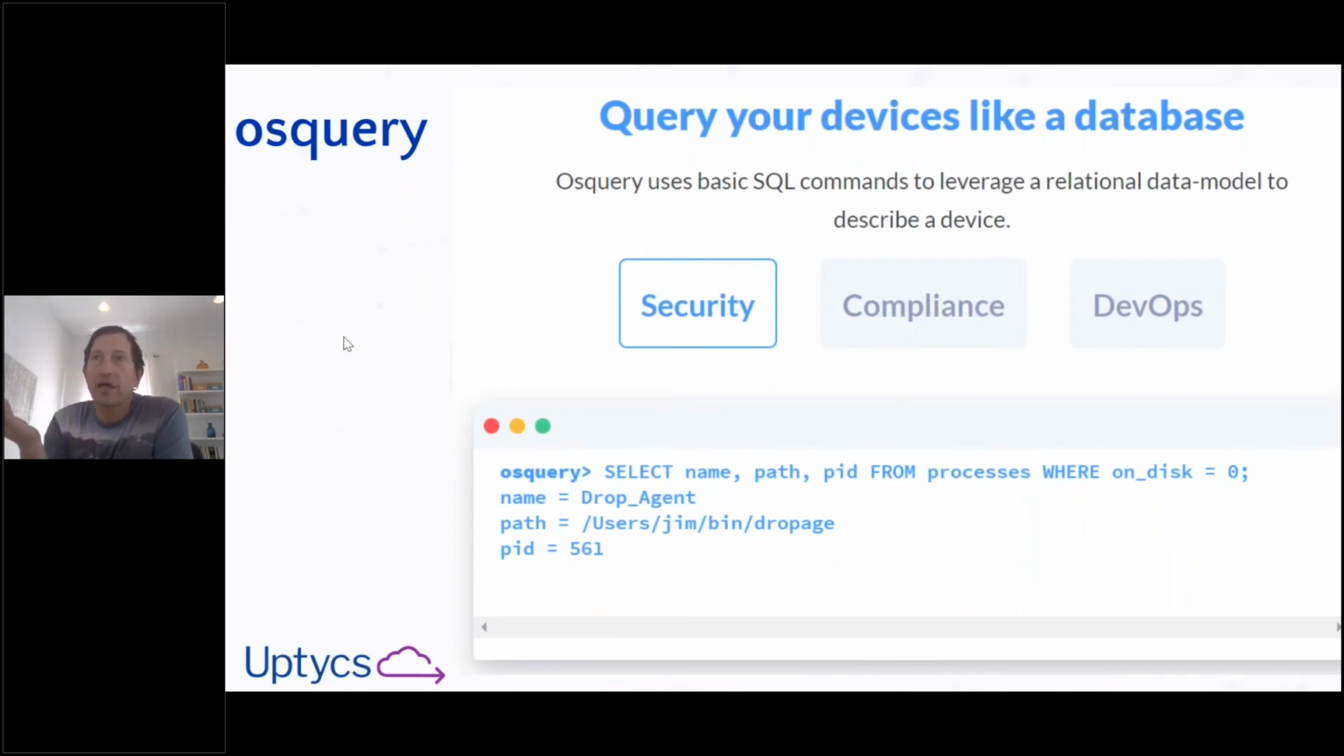You don't have to say ps -ef and then grep for certain things. You can just do it all with SQL. So here's an example where it's selecting some things from the processes table, and you can just use a where clause just like you do in regular SQL. One of the nice things about OSquery is that it has this column on_disk. It's true or false, 0 or 1. So you could select for all the processes that are running,